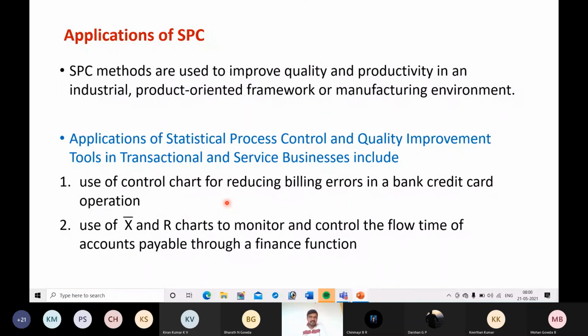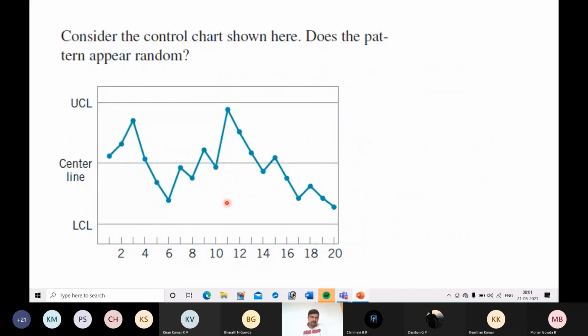If customers are taking more than 60 seconds, that is a problem. Then how can they address that problem? Like that, they can make use of control charts in the banking sector also. Next,